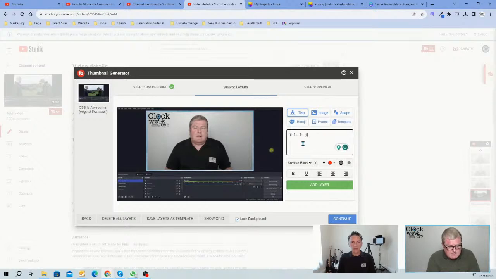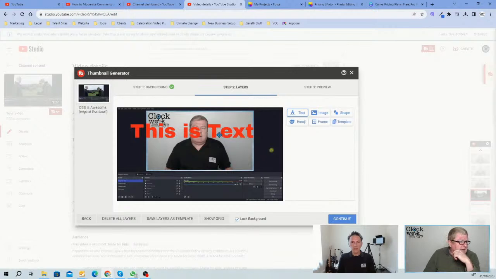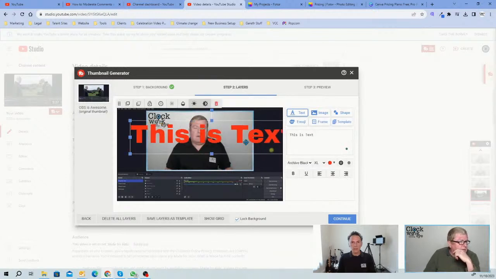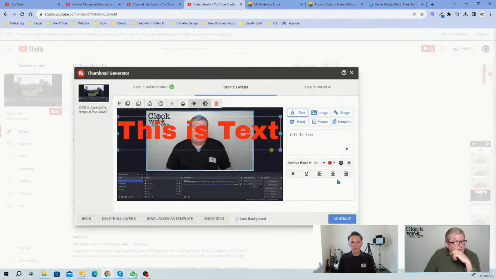When you start adding your text, you can change the color of the text, etc. You can add that as a layer, and then you can make it as big or as small as you want, and then you can do things like add outlines and stuff like that. So this is a really good product. You could even add emojis.